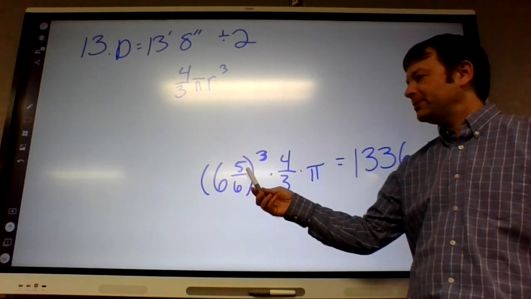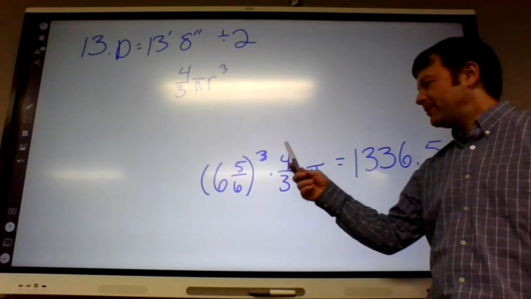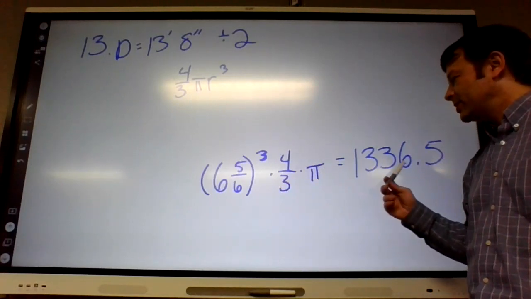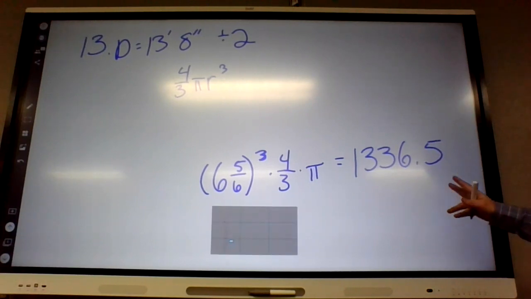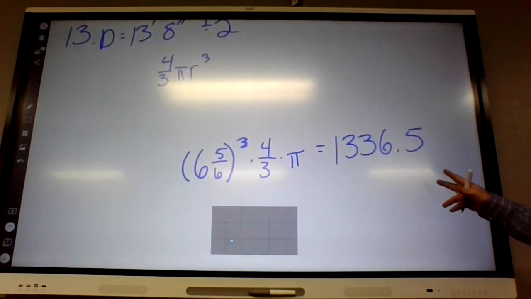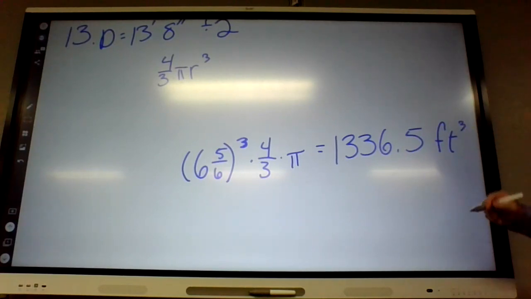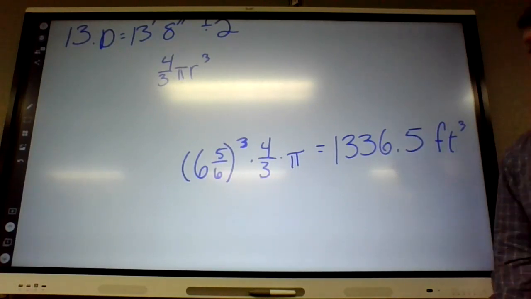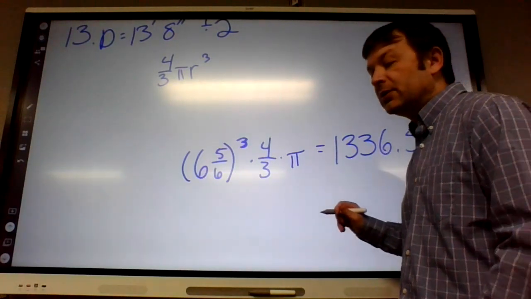So that would be like almost 350 times, makes that probably about 400 times 3 is about 1200. So yeah, I knew it had to be bigger than that. Anyways, this would be how many cubic feet the tank holds,